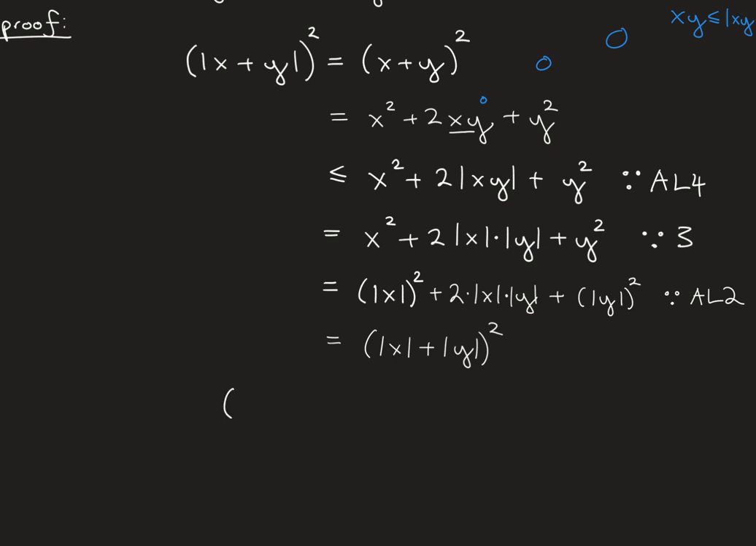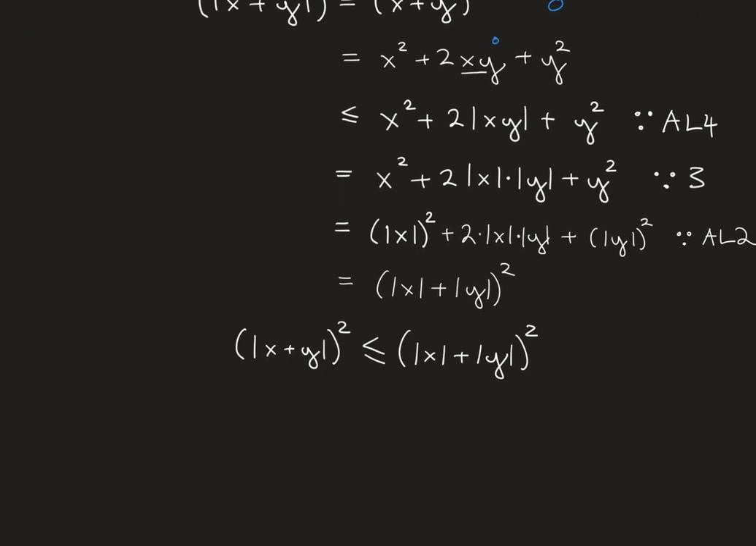So, to summarize, we have x plus y in absolute values all squared is less than or equal to, and that less than or equal to comes right here, the absolute value of x plus the absolute value of y quantity squared. Okay, but check this out. But notice,